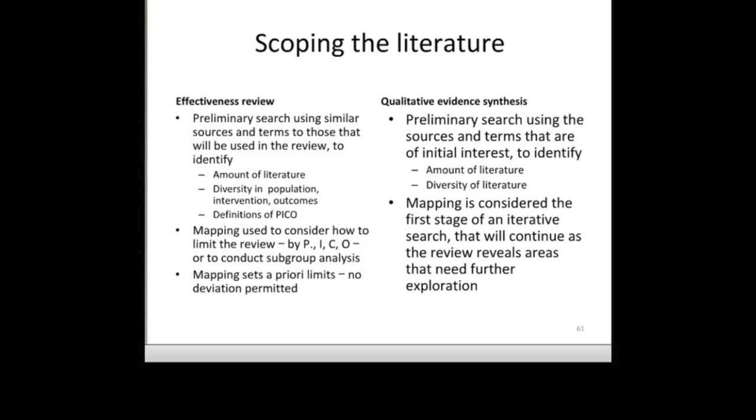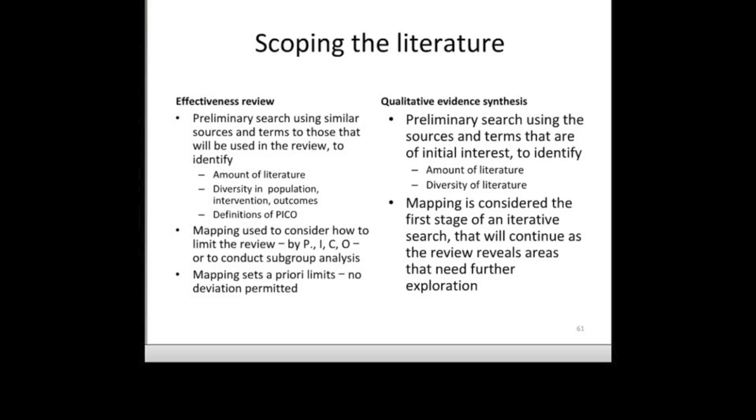We search using a first set of key terms that we think is relevant to generate the right articles for our review, and it gives us an overview of the amount of literature, the diversity in the population, interventions and outcomes we come across, and it gives us an indication on how we can define our review question. So for effectiveness reviews, it sets a priori limits